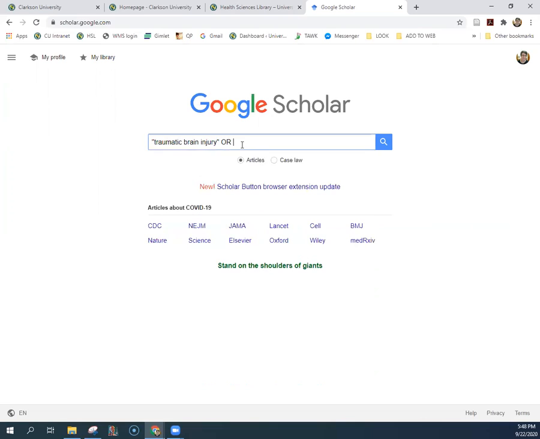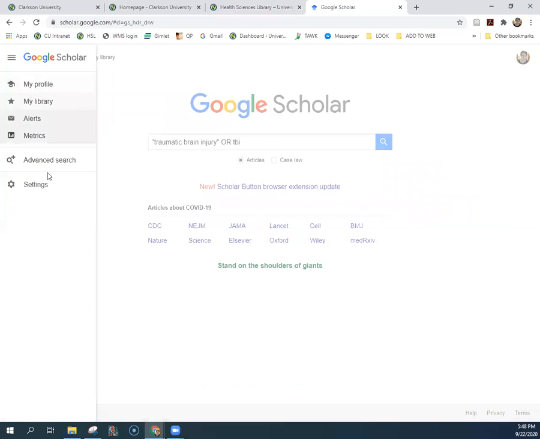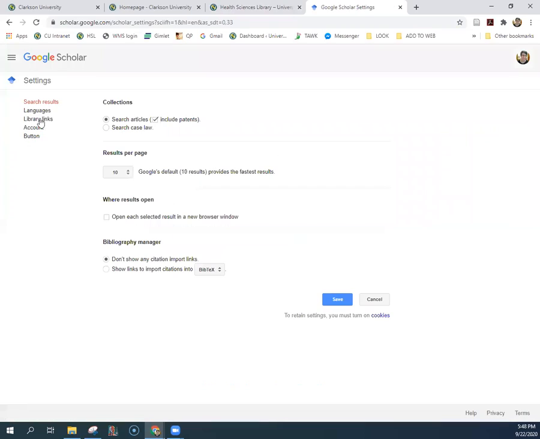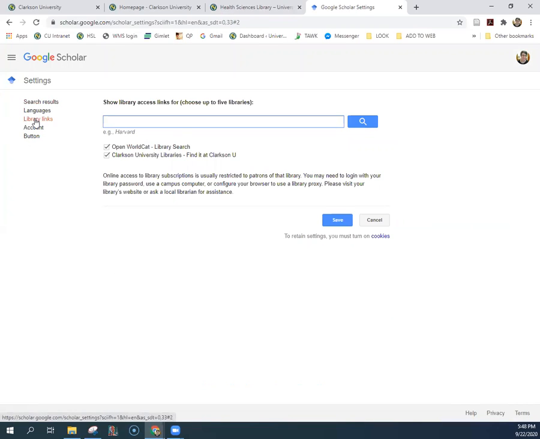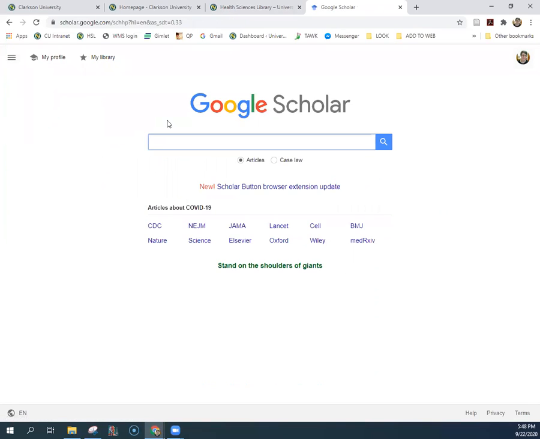We'll use Boolean. We'll just do that quickly. I think you get the point. What I want to show you is that in your search settings on Google Scholar, there's something called library links. If you indicate Clarkson University Libraries, if you don't see anything here, search for Clarkson University Libraries, checkbox it, make sure it's there, because then when you go into your search,